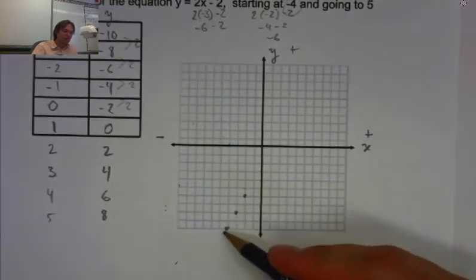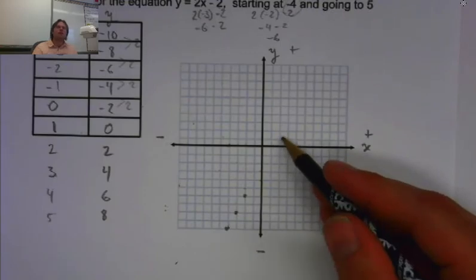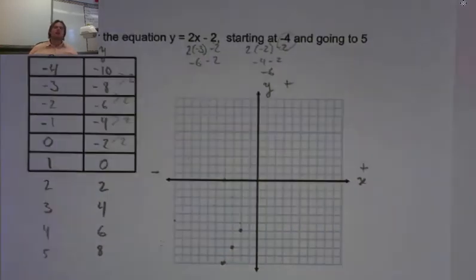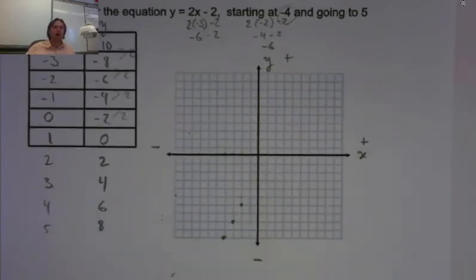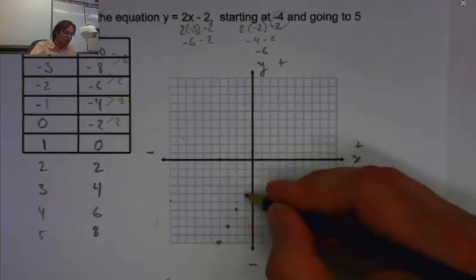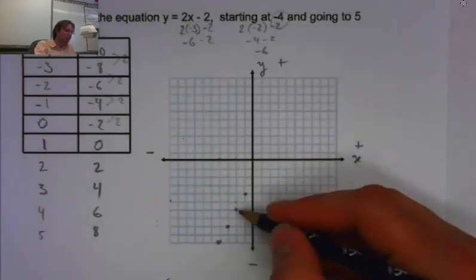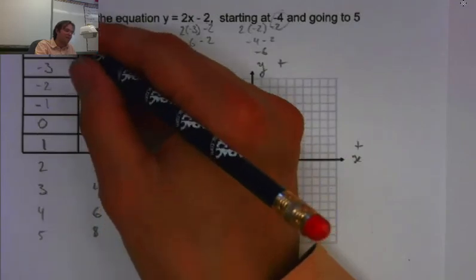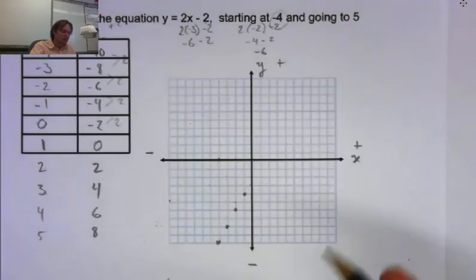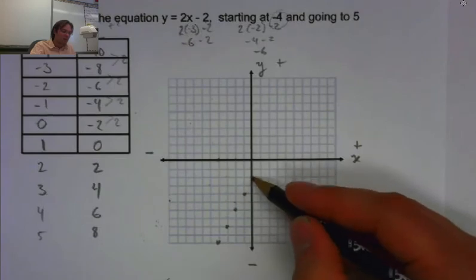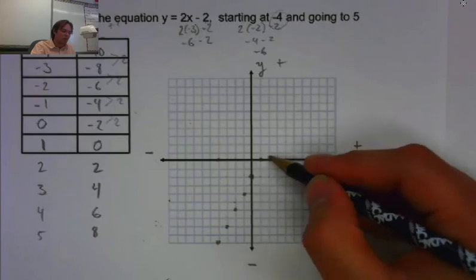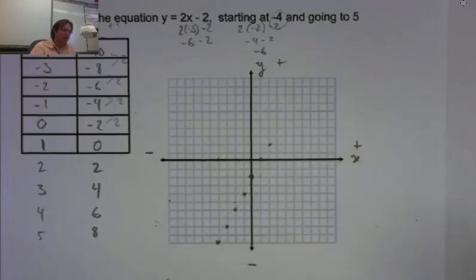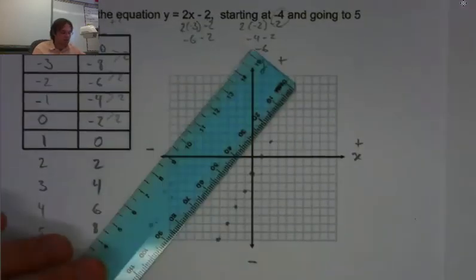Look at this once again. We are making a straight line. What we are doing is we're making graphs for linear equations. We're making linear graphs, straight line. So I'm going to continue this up, and every time we go over 1, x increases by 1, and y is increasing by 2. So I'm going to go over 1, up 2. Another way of looking at it, over 1, up 2, over 1, up 2, and we keep on going like that. And we end up getting a straight line